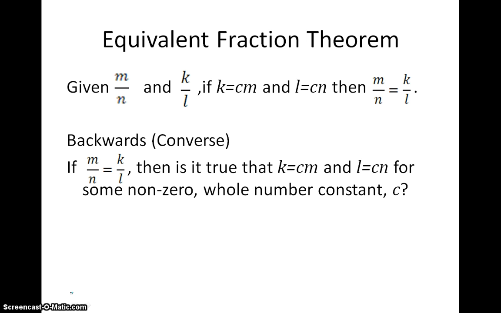So if you notice, we have this statement being stated first. So if m over n equals k over l, then is it true that k is equal to c times m and l is equal to c times n for some non-zero whole number constant c? So let's take a look at an example. Let's do 6/9